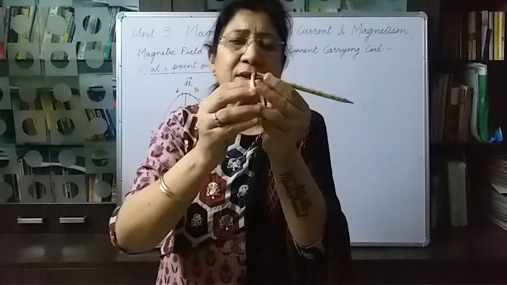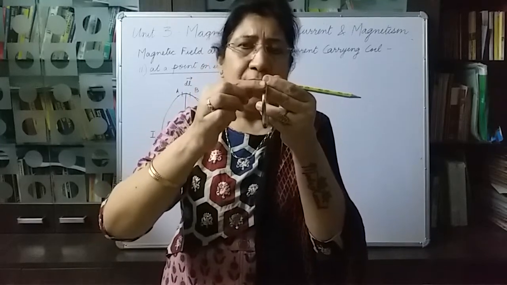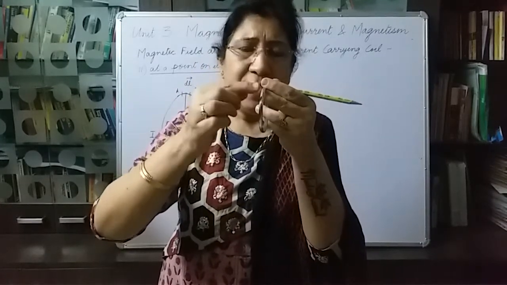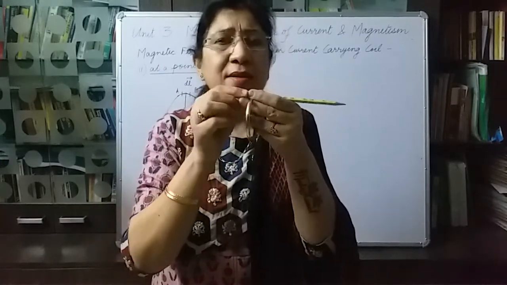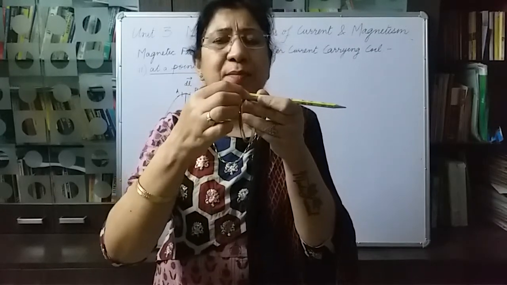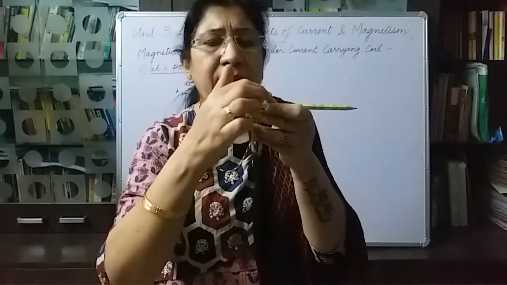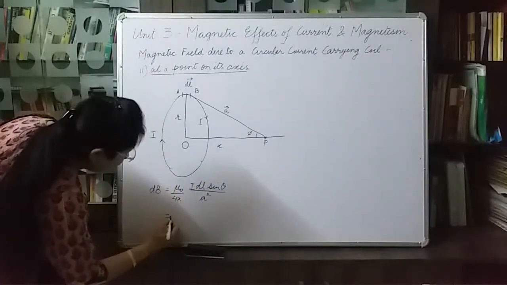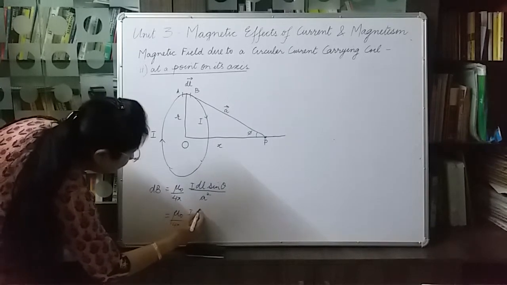If you imagine a 3D setup and talk about a current element here, the angle between the current element and the position vector will still be 90 degrees, because now we are talking about this angle, the current element and the position vector. So we are talking about this angle here in this plane. This angle is still 90 degrees. So here theta is 90, and we can write it here as mu naught upon 4 pi I dl upon